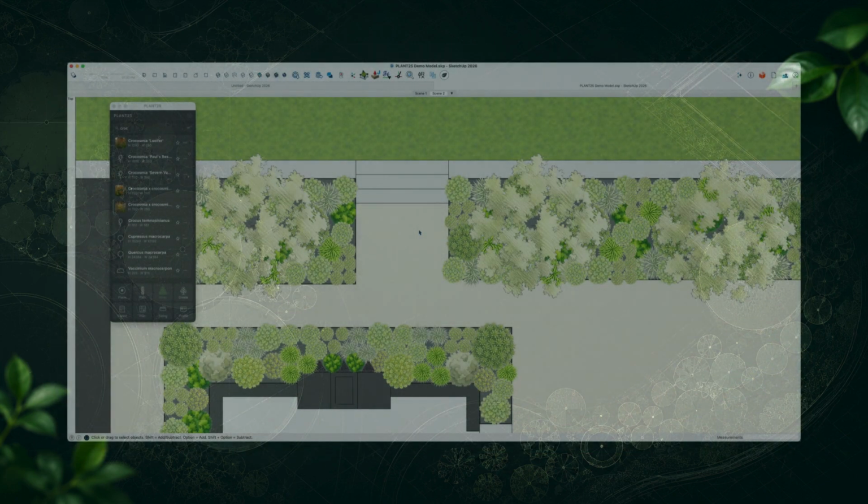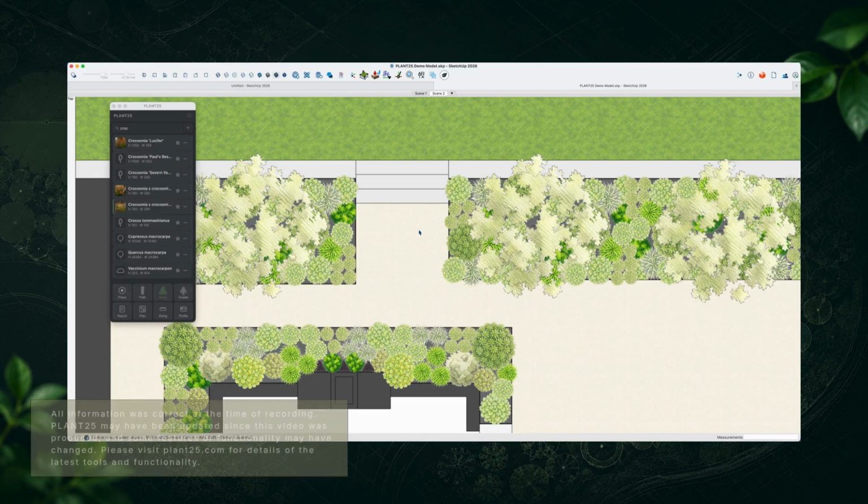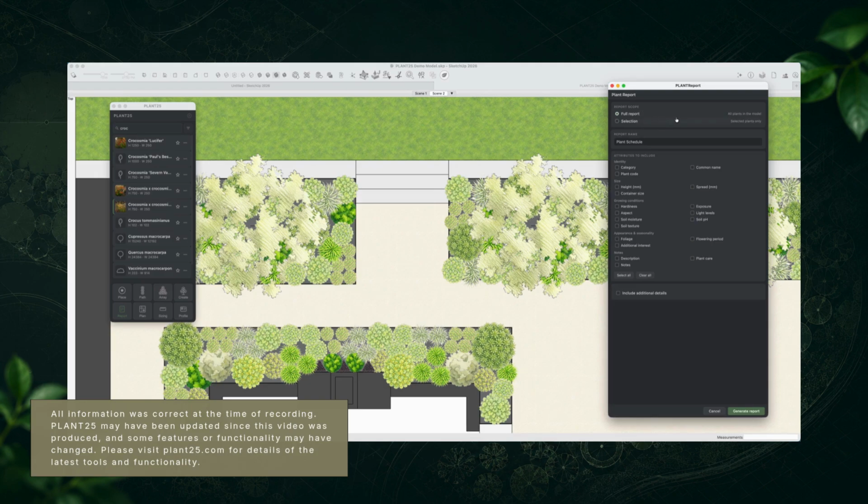Okay, moving on to plant report. So we have created our planting plan and we want to know what's going on in the model. If I click on plant report, it's going to give you this dialog. You have two options. You can either run a report on the entire model, or if you've got lots of